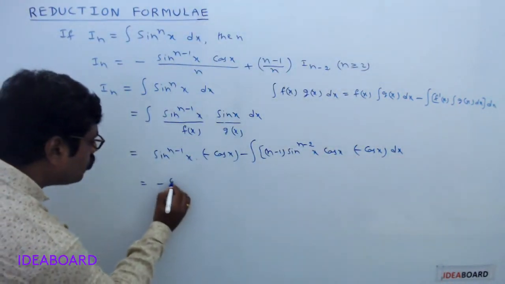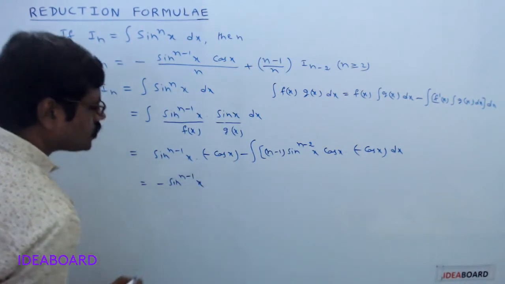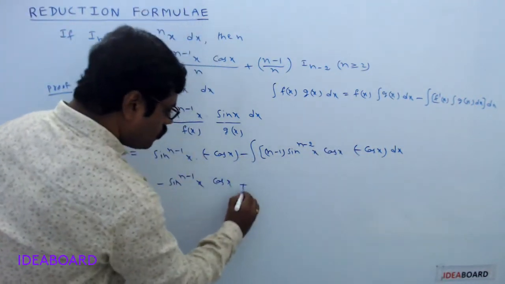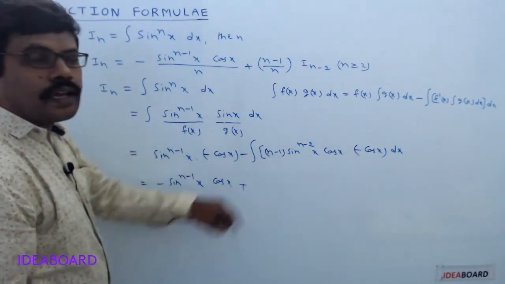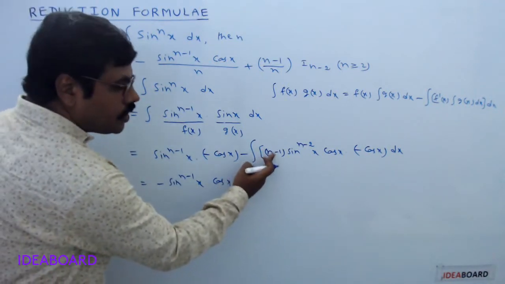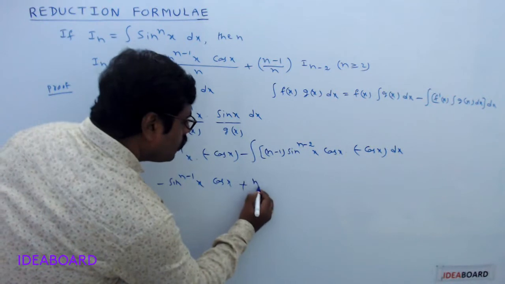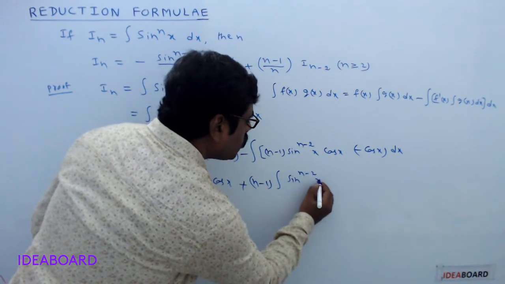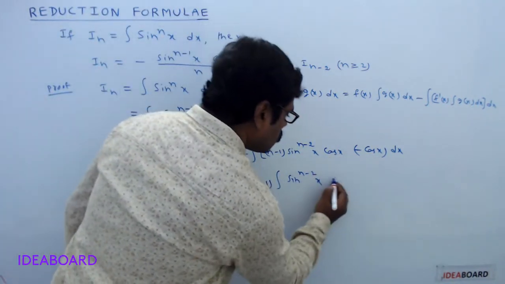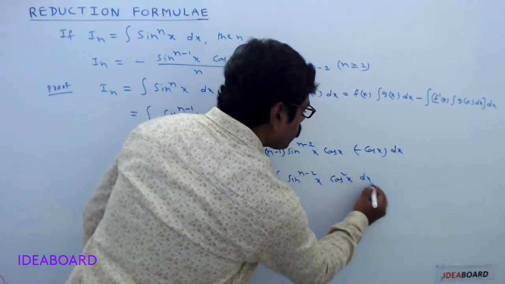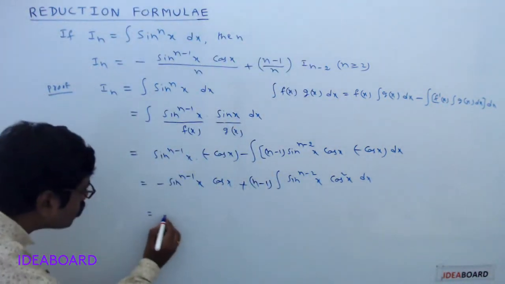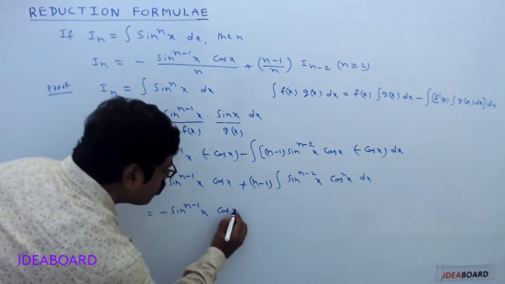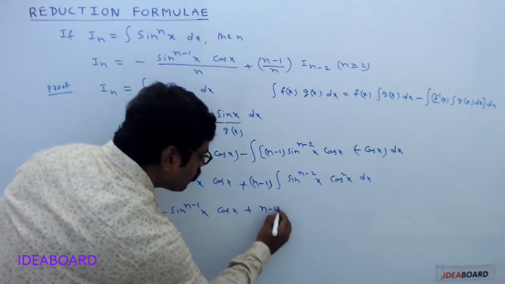So this equals minus sin^(n-1) x into cos x, minus into minus, plus. Here n minus 1 is the constant term, so you can take it outside the integral. (n-1) into integral sin^(n-2) x into cos x into cos x, cos square x dx. Now this equals minus sin^(n-1) x into cos x plus (n-1) into